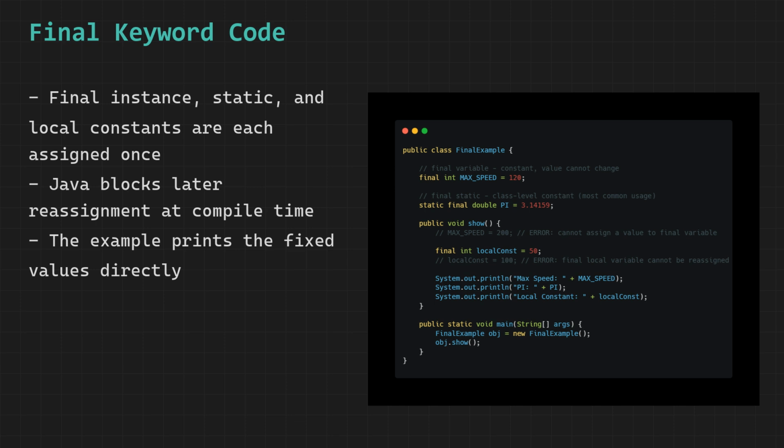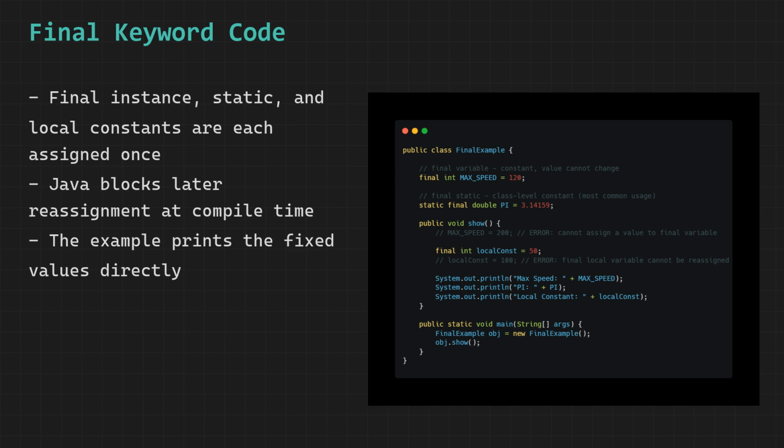While creating this object, the instance variable final int maxSpeed = 120 is assigned its value and cannot be changed afterward. Next, the method call obj.show() transfers control to the show method. Inside this method, a local variable final int localConst = 50 is created and assigned the value 50.